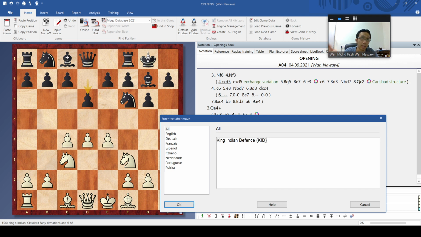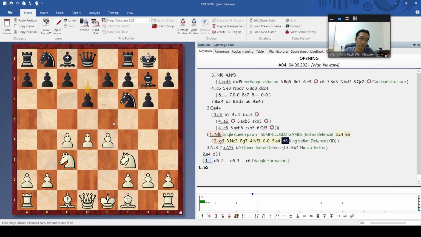In the previous class we talked about the King's Indian attack, which is from white's perspective. But here is the configuration of King's Indian defense. Before 2000, this King's Indian defense was quite popular when playing against D4.